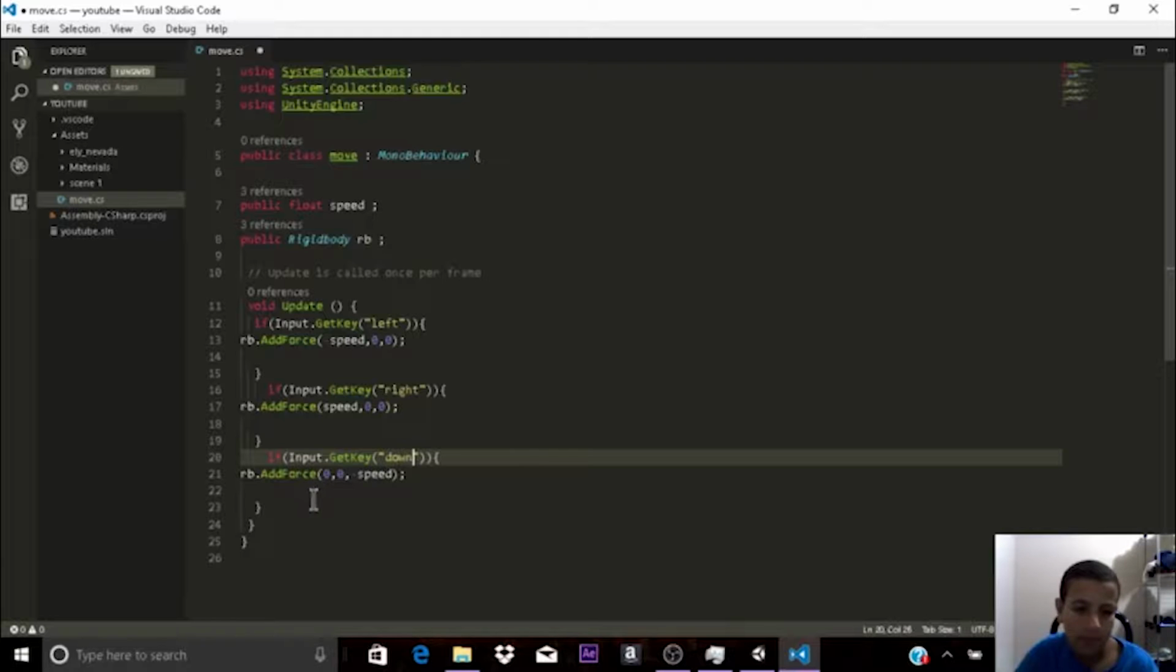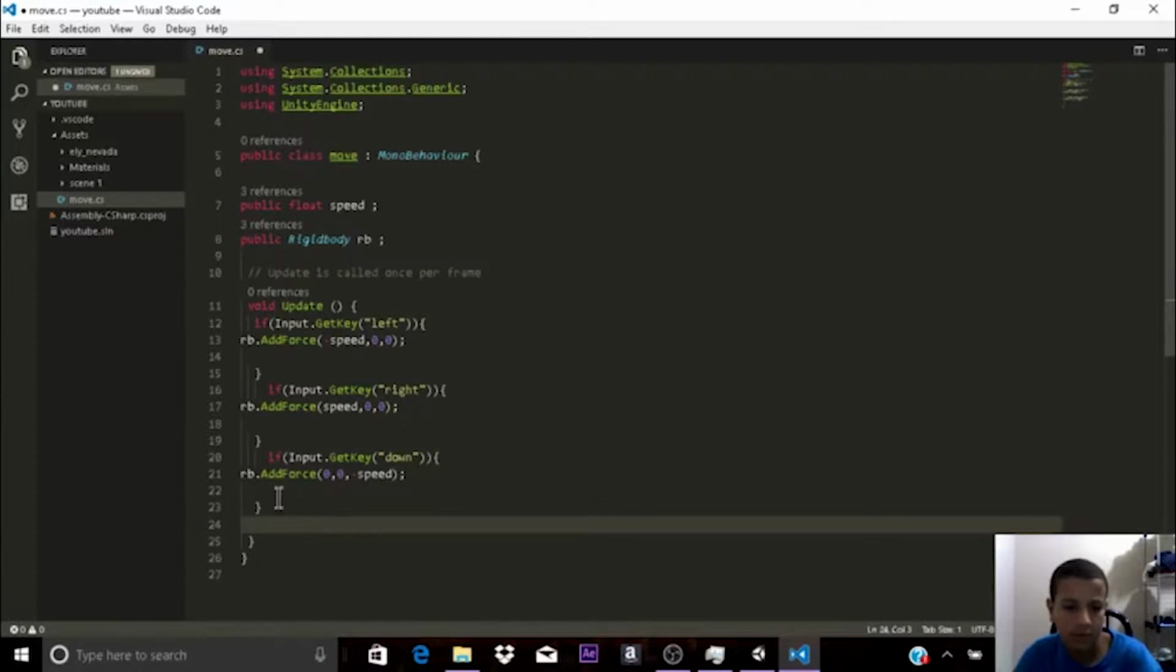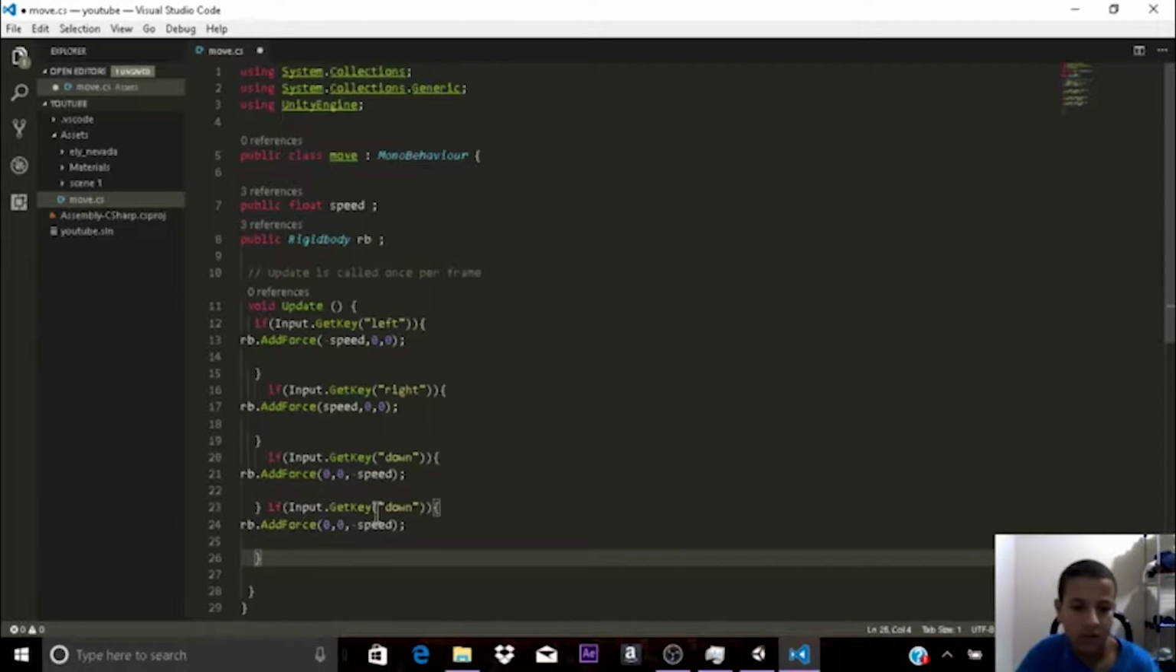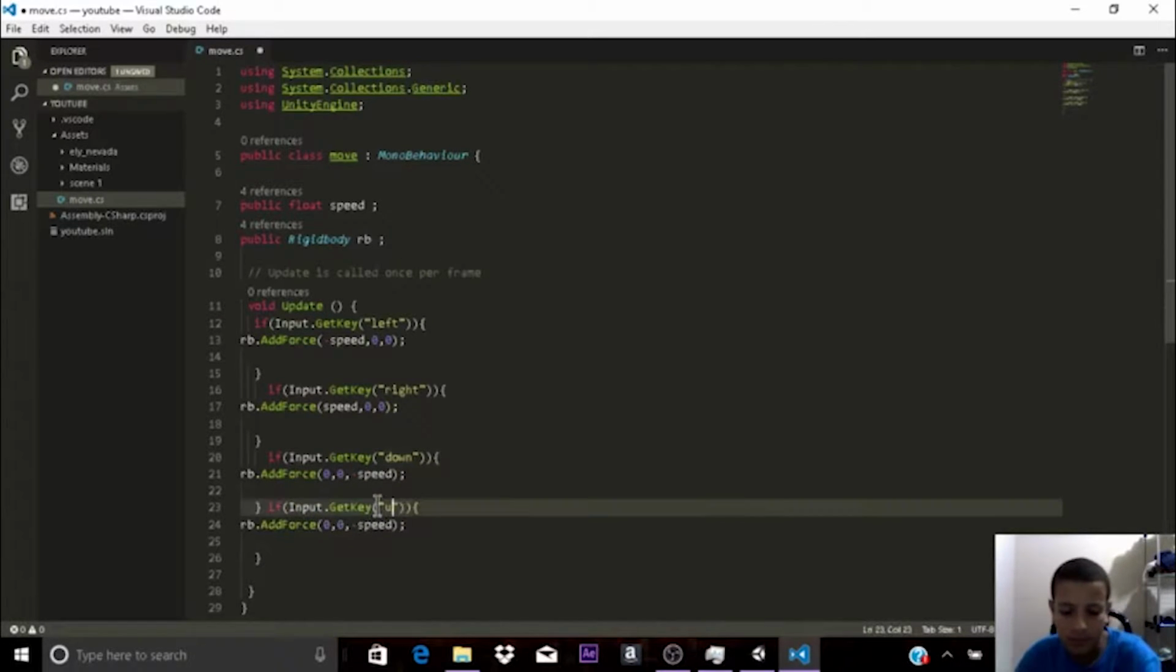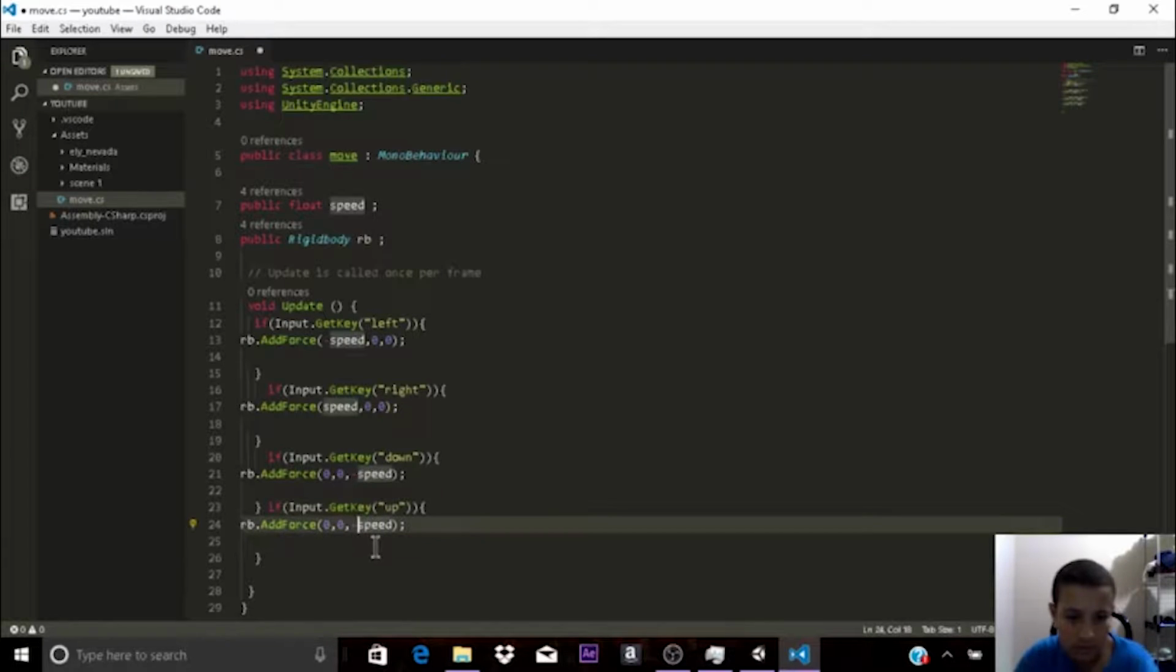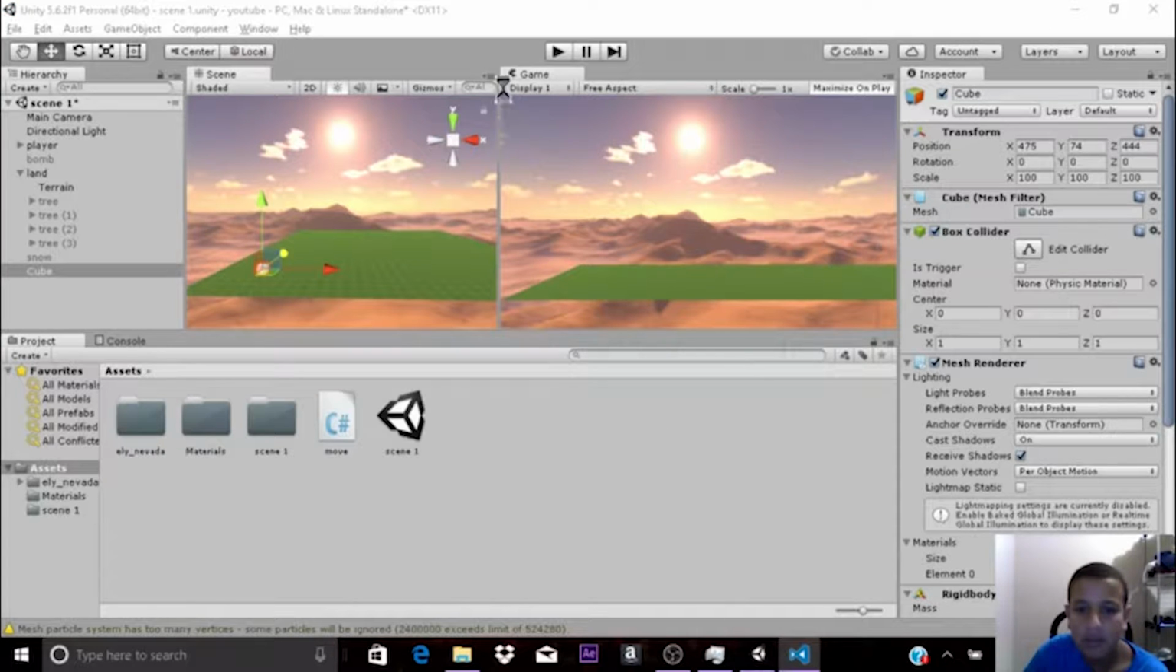And then up is going to be the same concept. Let's go in here and hit B, set this to up, and positive speed. Now, there we go. Now we're pretty much done, but if you guys try to actually move the player like this,